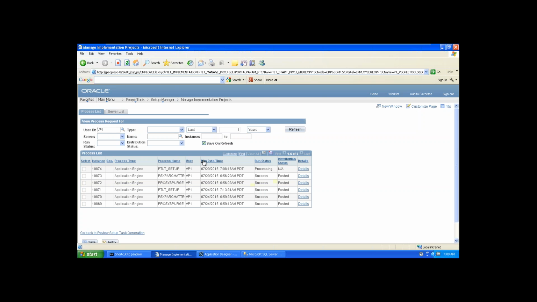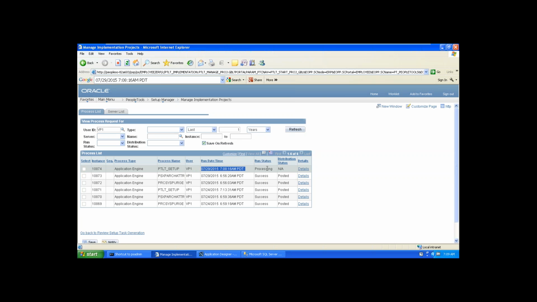In the process scheduler, our process name is PTLT_SETUP, and the process type is application engine. This is the user ID by which we initiated the process, and this is the run date time.